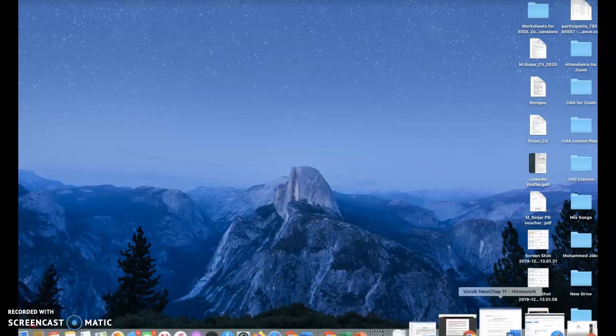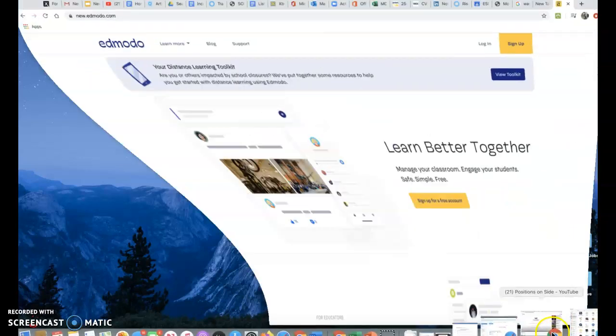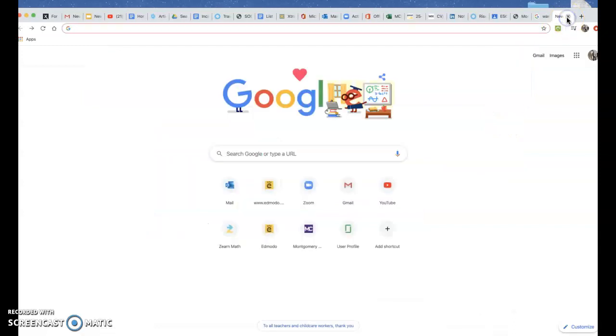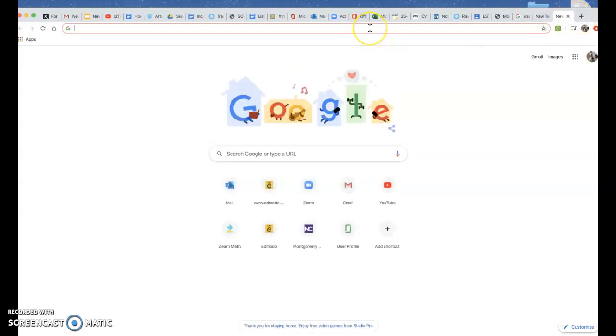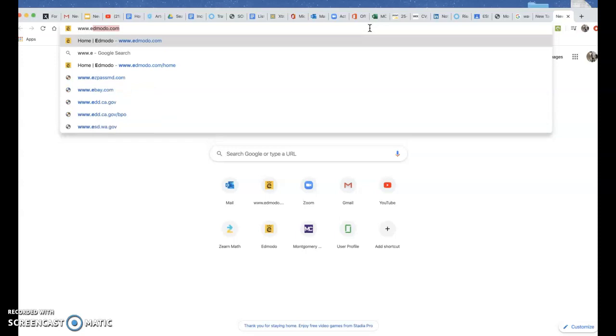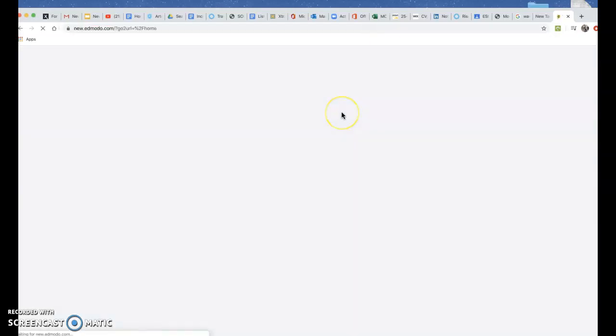The first thing we need to do is to go and find Edmodo. So I'm going to close this one and open a new tab with a plus sign. And the website is www.edmodo.com. Once you go there,